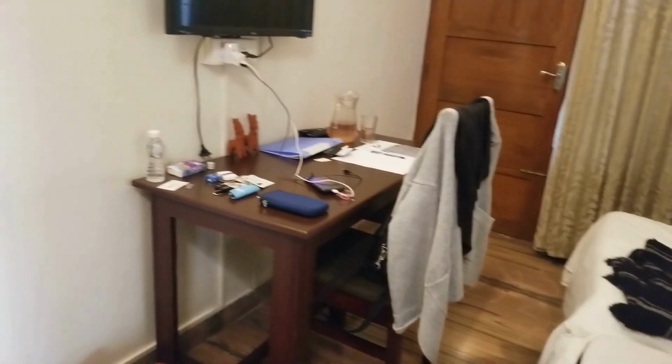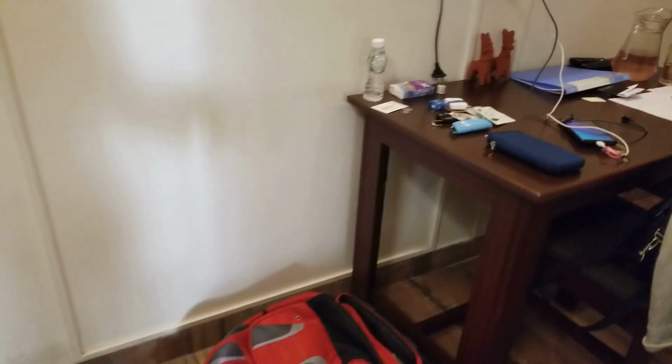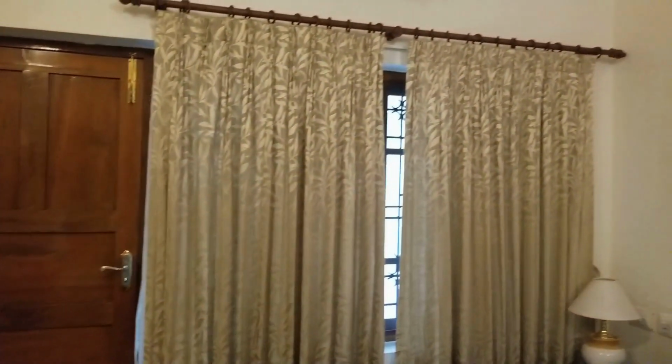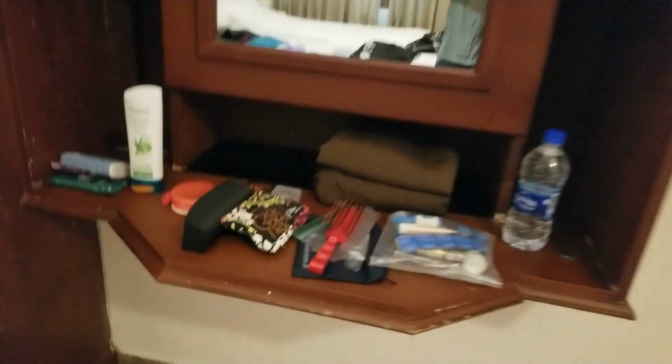It's a deluxe room. A little desk area. You can see, I haven't turned on the TV, so I really don't know how it works, or what channels you get. Just a little beautiful drapes. It's very simple. This is a very old building. I don't know how old it is. I'm going to find out, but plenty of storage space here. I use that as like a dresser and cupboards over here. A couple of hangers. So it's a pretty basic accommodation, but you really don't need anything fancy over